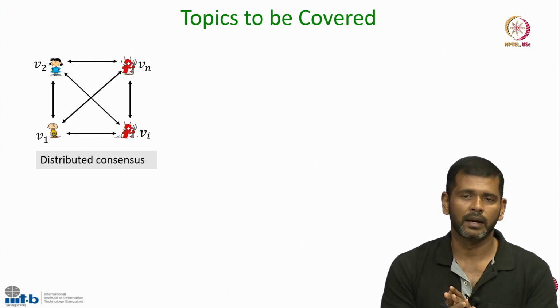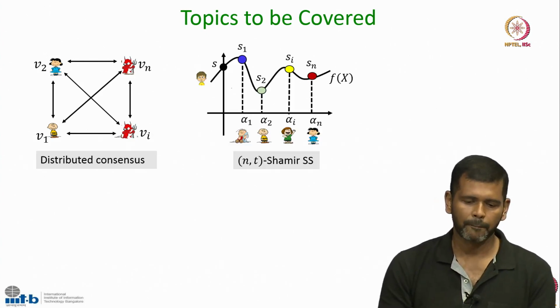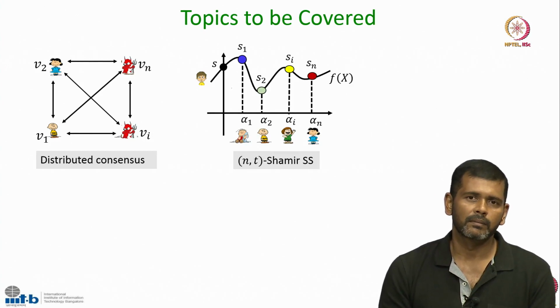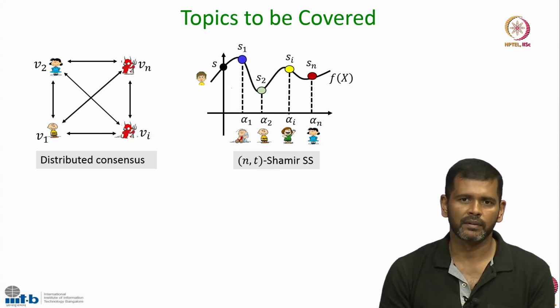Recently it started grabbing the attention of several other communities apart from distributed computing after the advent of blockchain technologies. The second problem or topic which we are going to discuss in this course is that of verifiable secret sharing. In the secure computation part 1 course we had seen Shamir secret sharing, a very simple secret sharing